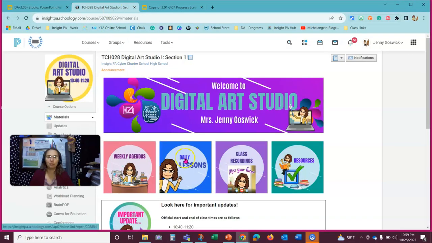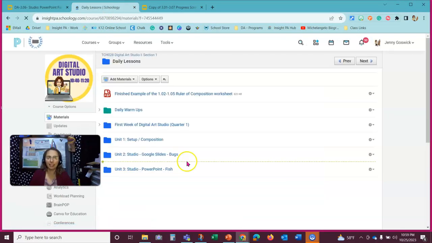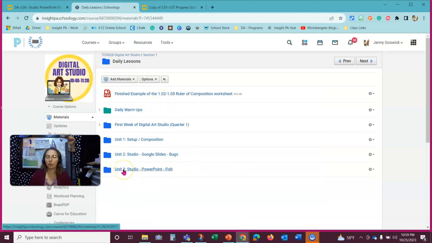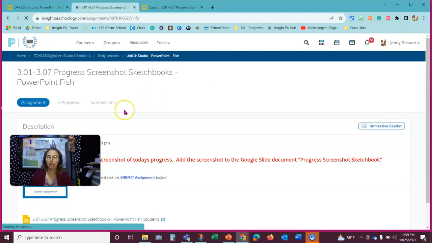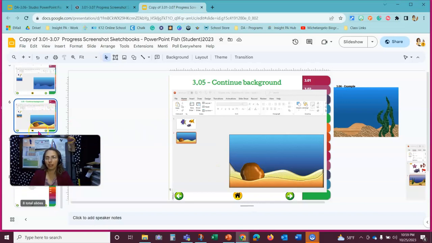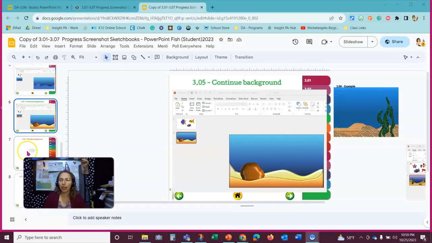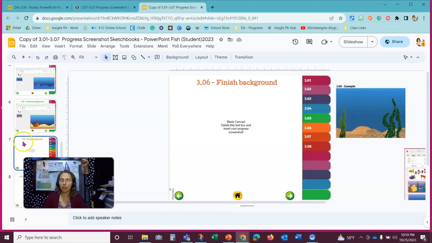So now my screenshot's saved, so I'm going to put that screenshot into our progress sketchbook. So I'm going to Digital Art, click on Daily Lessons. In the Daily Lessons folder, I'm going to find the project folder. And so I'm in the project folder. The first item in there is the sketchbook, so I'm going to double click to open it. You will click the My Document tab or button, and your document will open, and it should look something like this. We're going to go to our next slide, which is slide number 7,